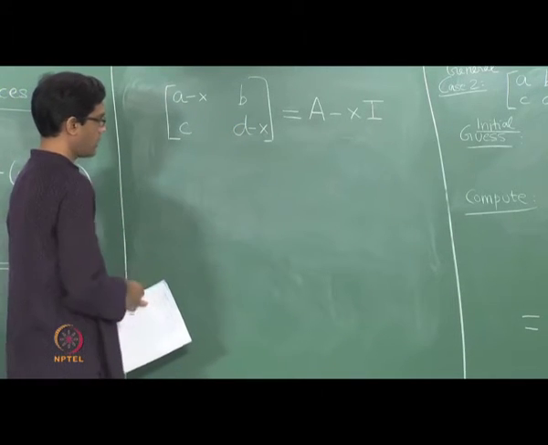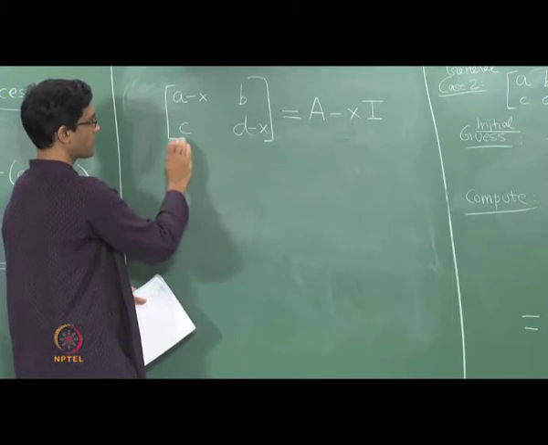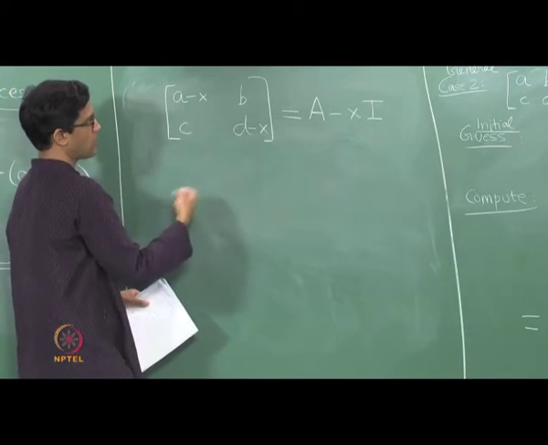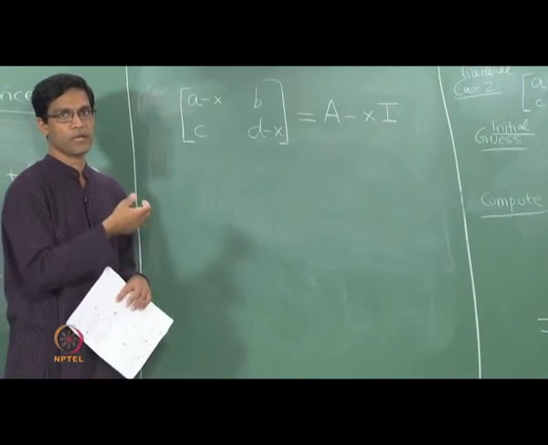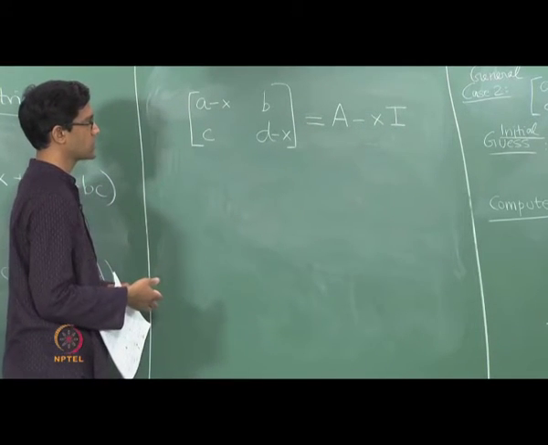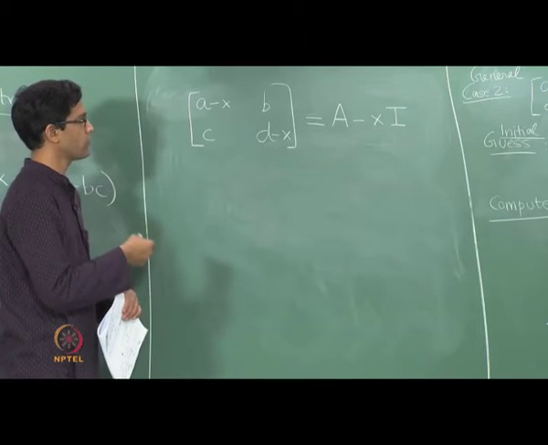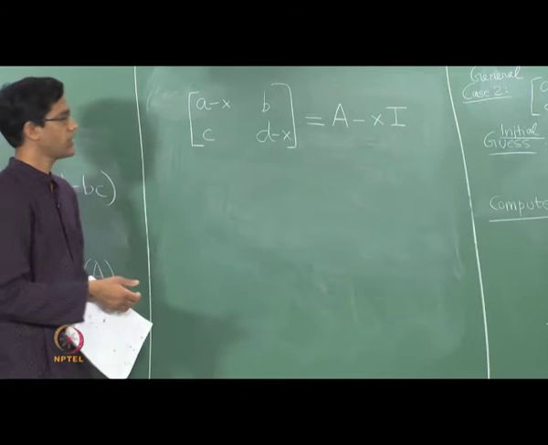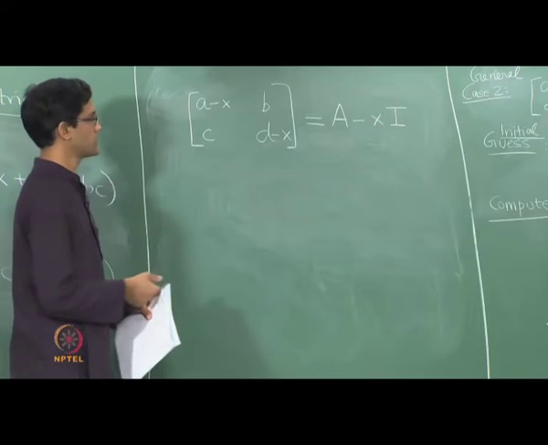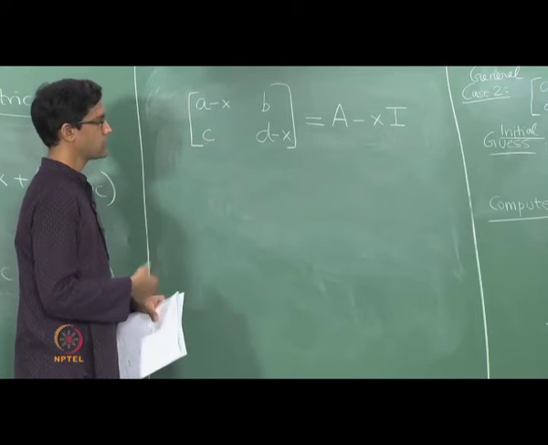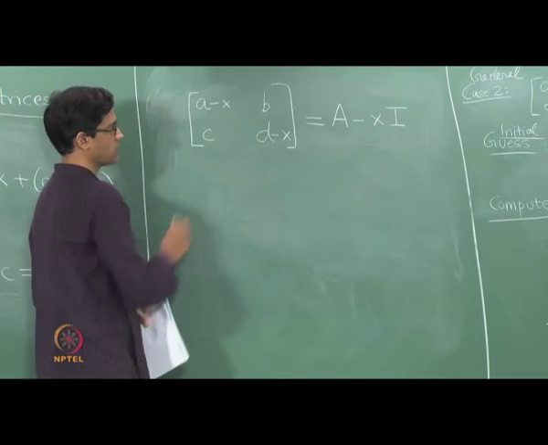So I have taken this, and now if you compute the determinant of this new matrix, so already observe A, B, C, D are real numbers, and x is of course not a number anymore, it is just a symbol. But recall we said before that the nice thing with having matrices or vectors and so on is that you can put any entries you want as long as there is a sensible notion of addition and multiplication of those entries. You do not always need those entries to be numbers necessarily, they could be other kinds of things such as variables like x and so on, which we know how to add and multiply together. So polynomials are perfectly fine as entries of matrices.